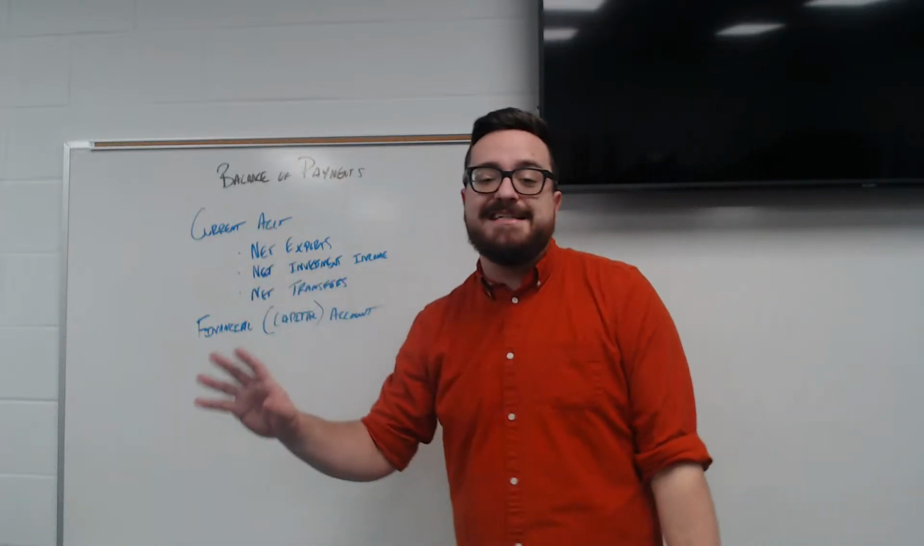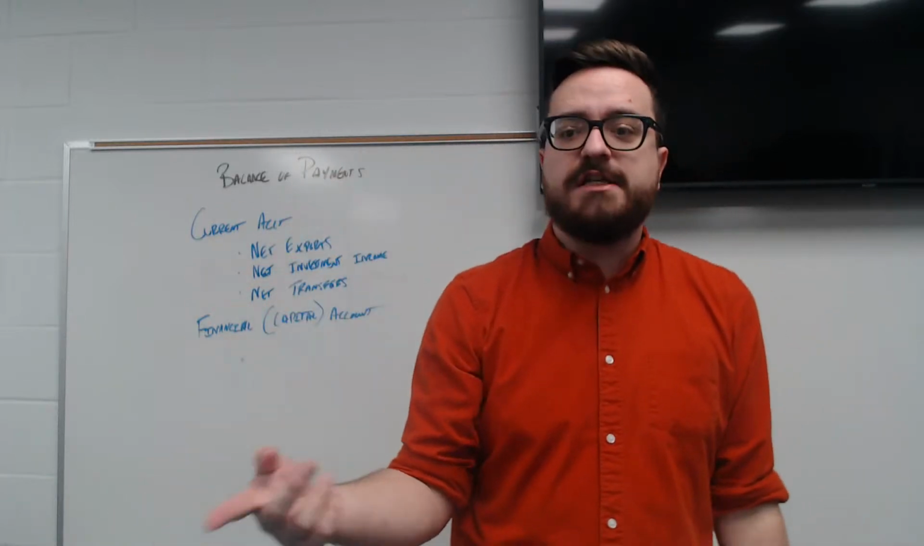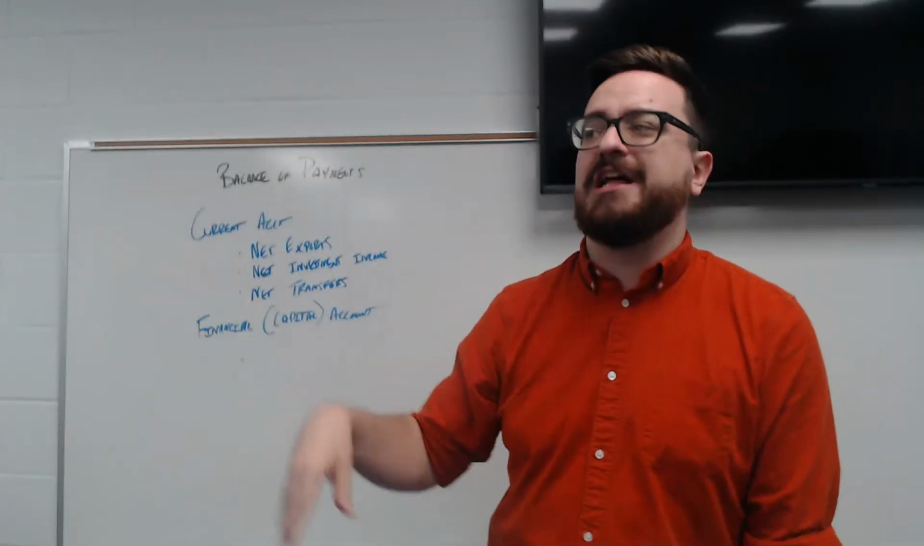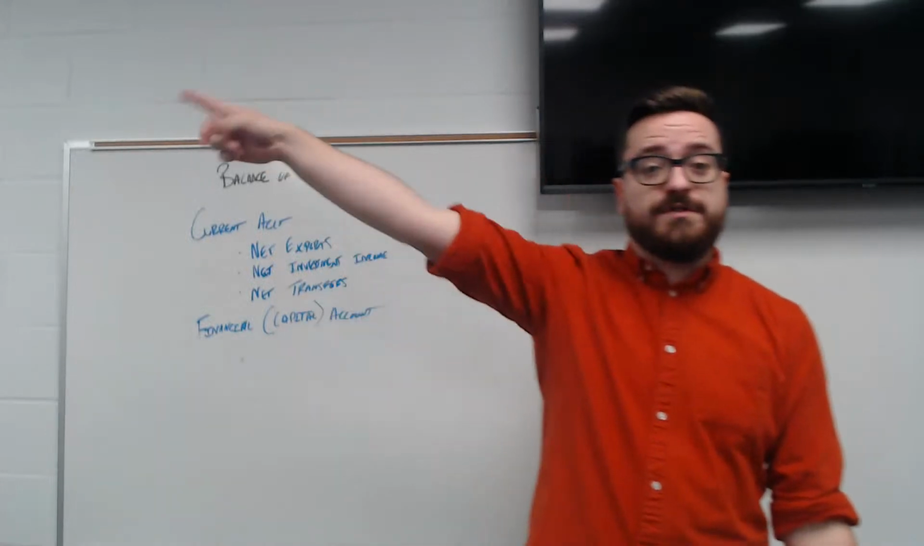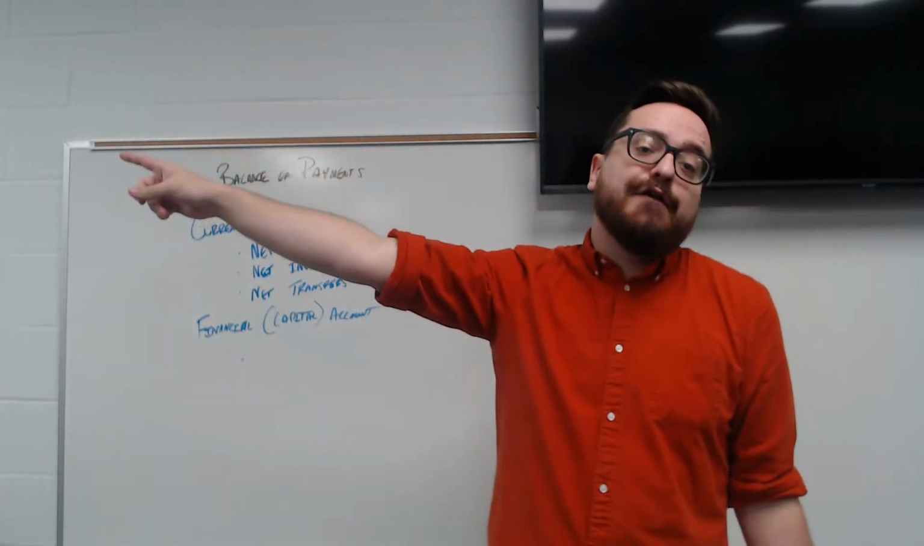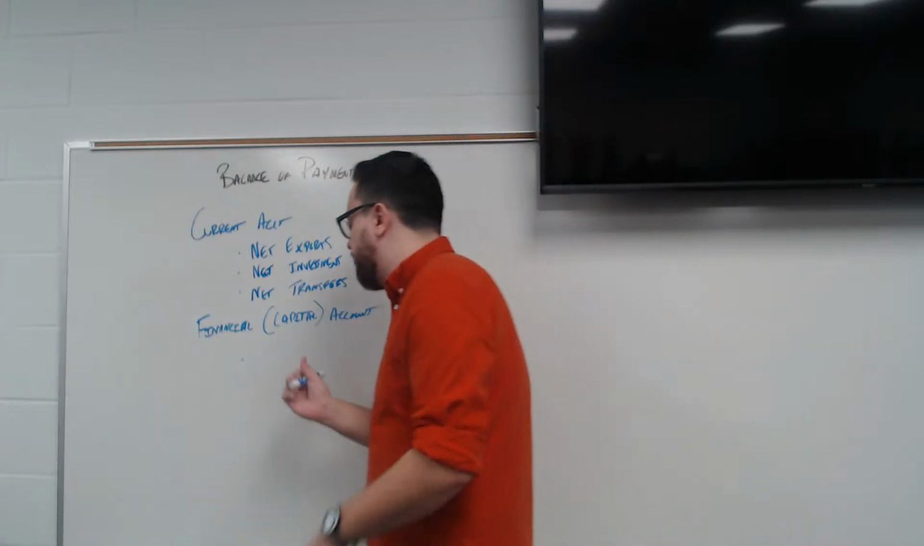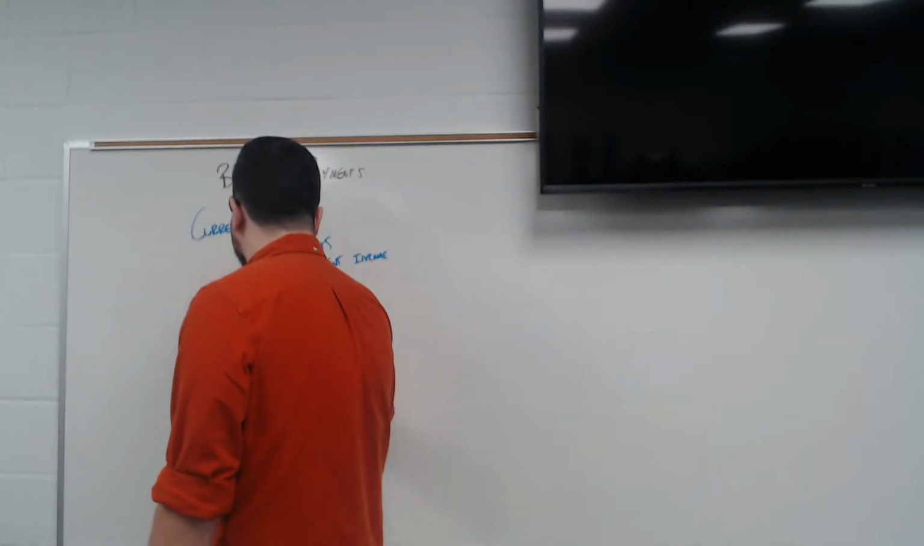The reason they're all net is because it could be positive or negative for us. If money's coming into the United States, it's positive. If money's leaving the United States, it's negative. So if I send my money overseas to a family member, that's a negative for the US because money's leaving. The capital account only has one thing: